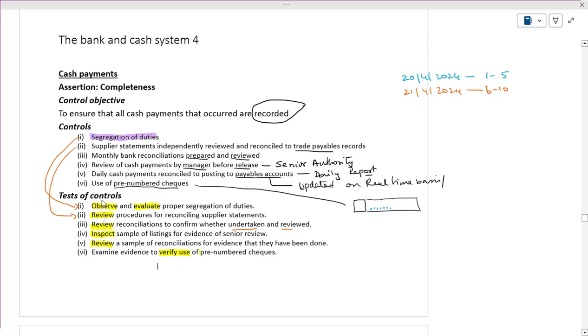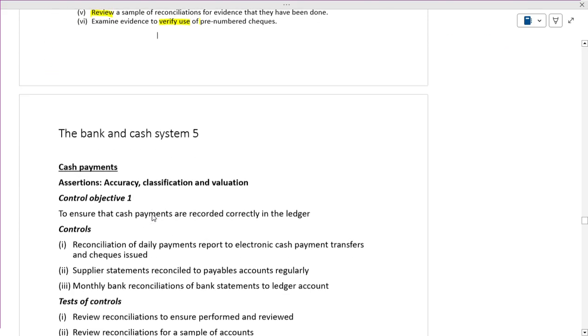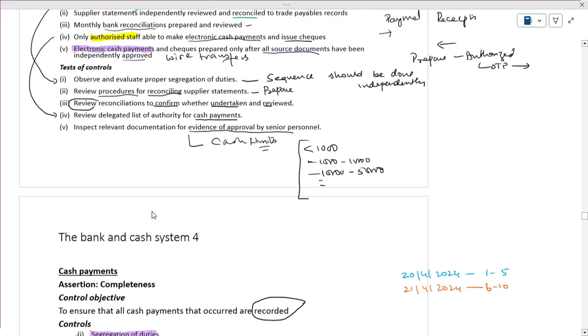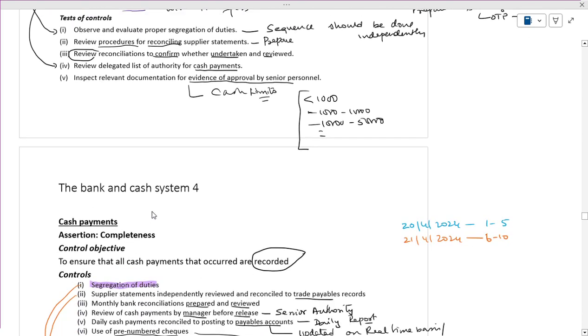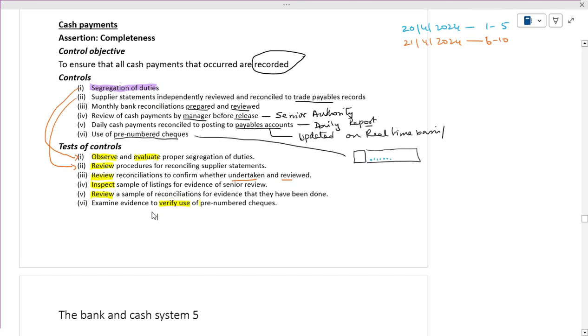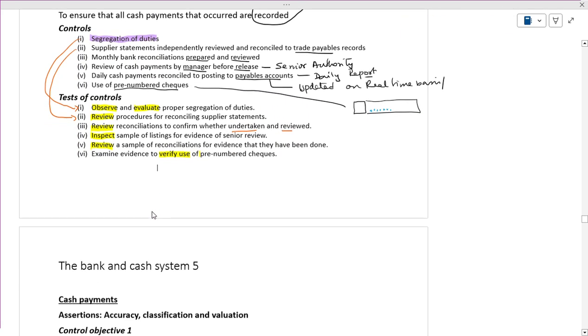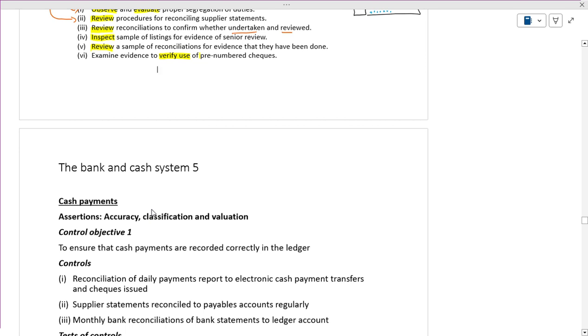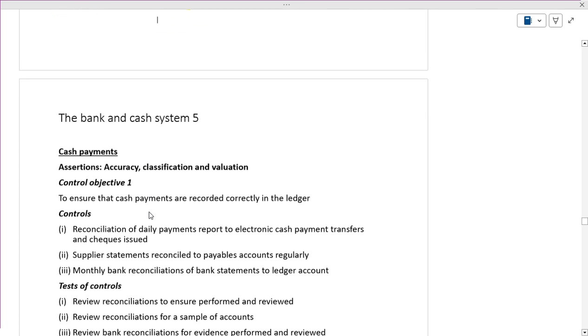This is with respect to completeness. Are you clear about this? The first one is with respect to the occurrence. The second one is with respect to completeness. Is it okay? Yeah. Fine. The third one, when we are talking about the things, it says that